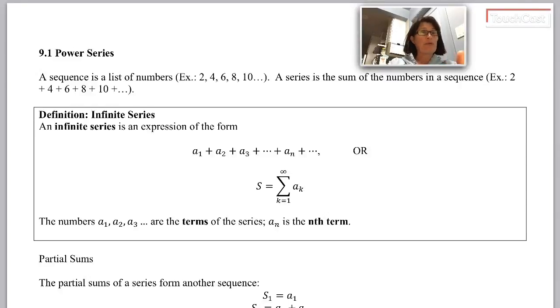We remembered in chapter 8 a little bit about what we used to know about sequences. A sequence could be finite or it could go on forever, and we would call it an infinite sequence. A series is a sum of the terms in a sequence. And we could have a finite series or we could have an infinite series. There's a pretty exciting chunk of calculus we can do on infinite series, and that's what chapter 9 is all